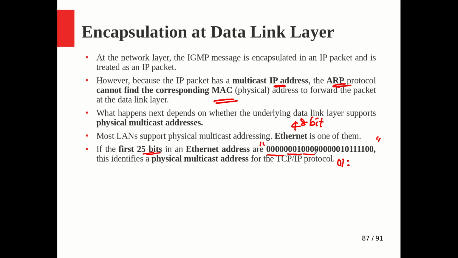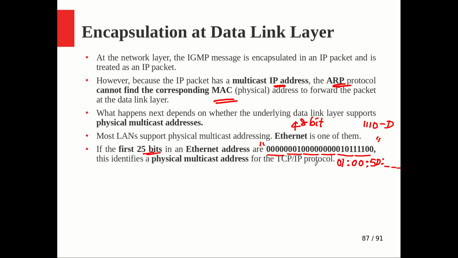Again 0000, again 0000, so it will be 00, right? 0101 is the next 4 bits, which is 5. Then 1110, wow, who is this? This is D, right? The equivalent value. So D, followed by a 0, and of course the remaining 3 parts. Like that the physical multicast address will look. This is how it is interpreted.